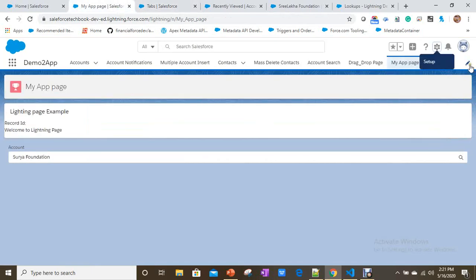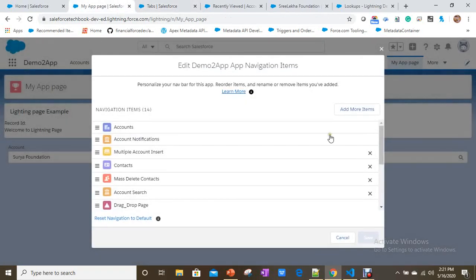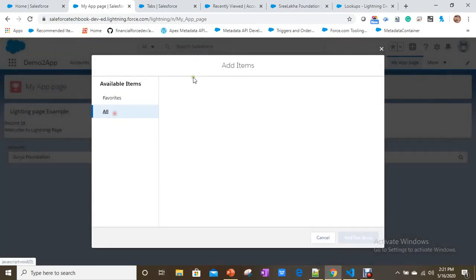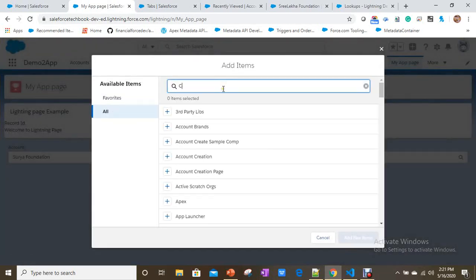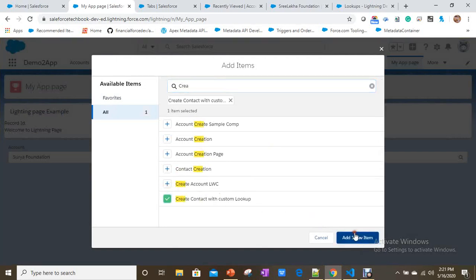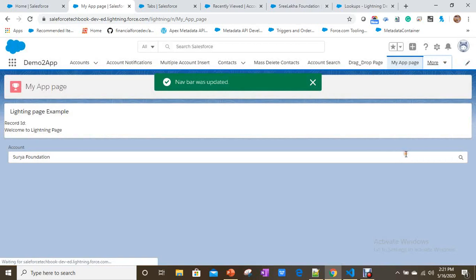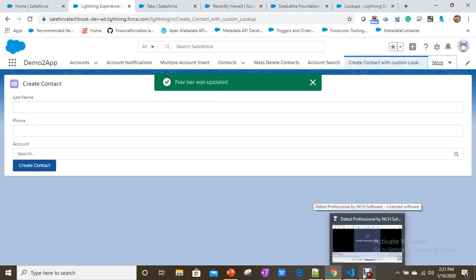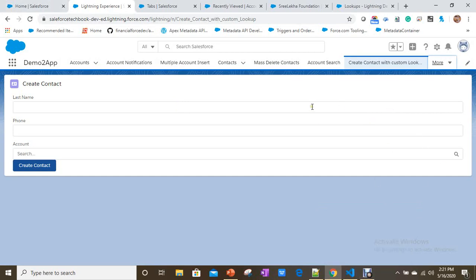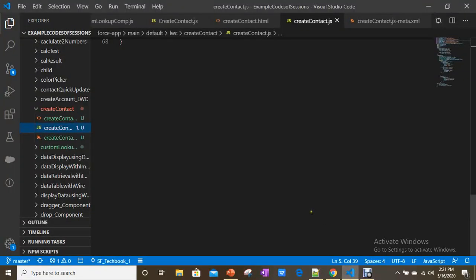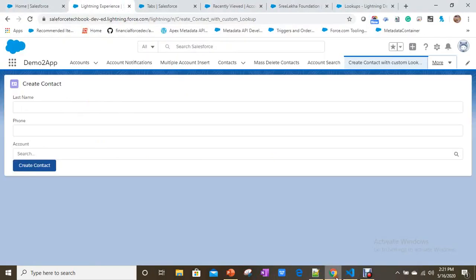Done. Let me add our tab here. Create tab. Create contact with custom lookup. See how it looks like? And if you want, you can give a break also here. So let me not give anything for now.